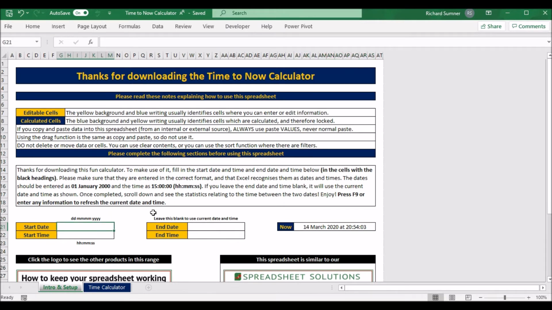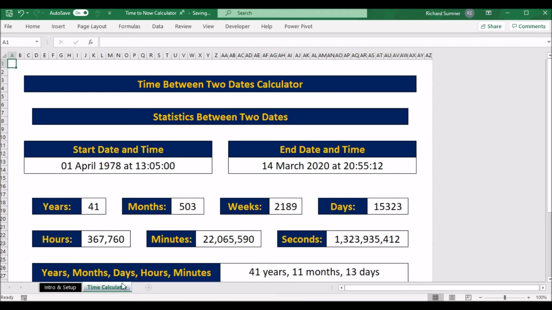Very simple. Let's say, for argument's sake, you want to find out how old you are. Let's say you were born on the 1st of April, 1978, at 1305. I don't know, whatever time you were born. Now what it does, essentially, is take the time until now and calculate. So when you click on the other tab, you can see you're 41 years old, 503 months, which is 2,189 weeks,